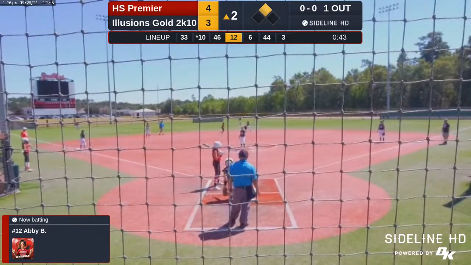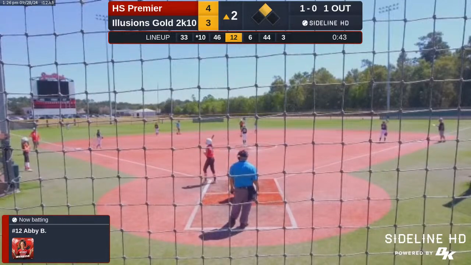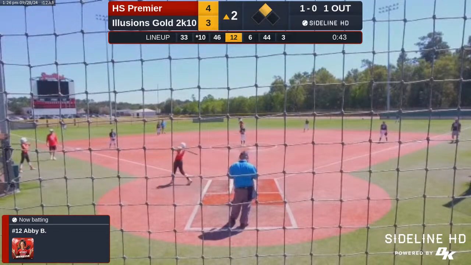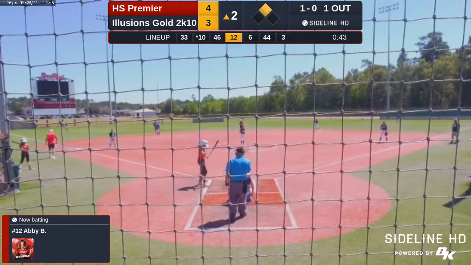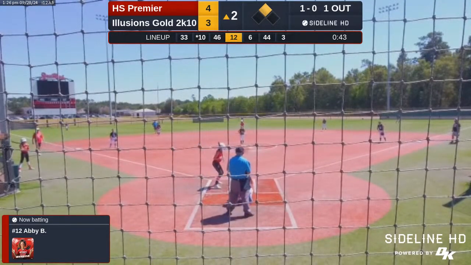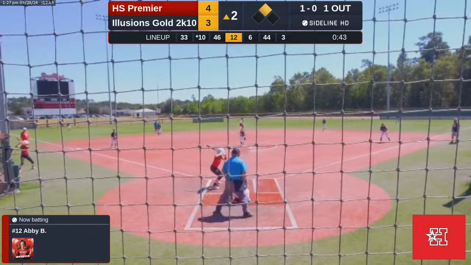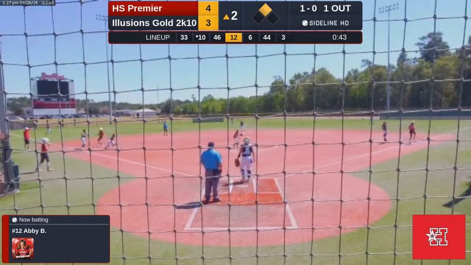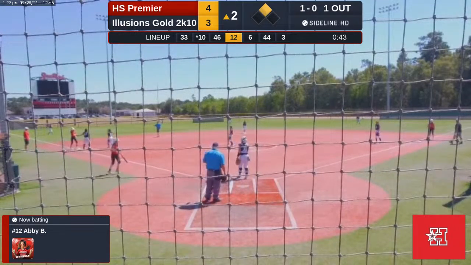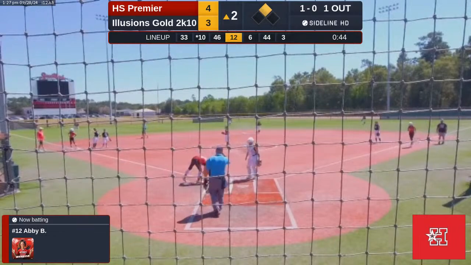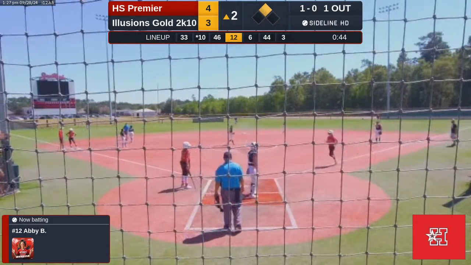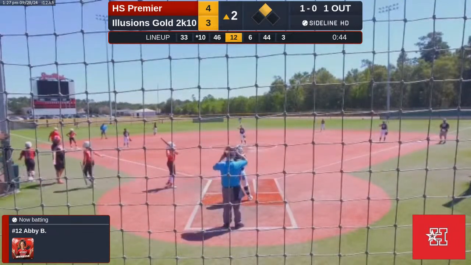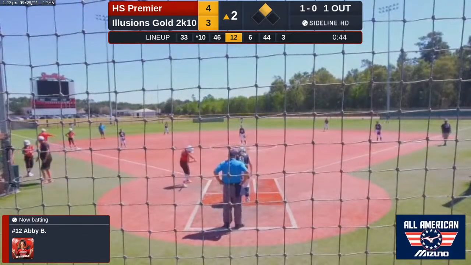It's down, ball 1. Chris is going to be your courtesy runner down at second base. So she scores on the double and goes right back out to second base. Abby hits this one hard, but right at the third baseman. They're going to get her, but it brings the runner over to third base. And one goes 5-3 for the second out of the inning. Does move Carissa over to third base.